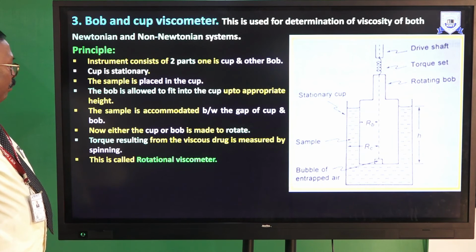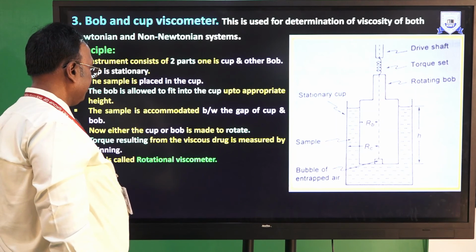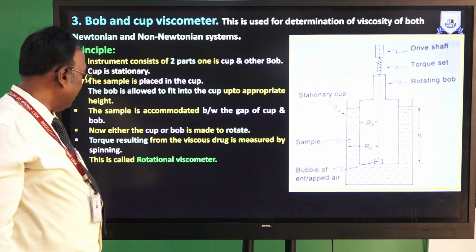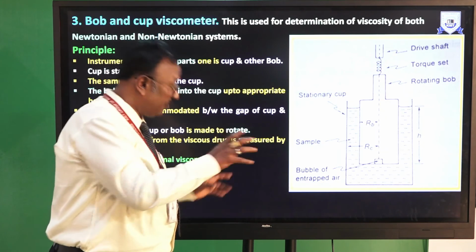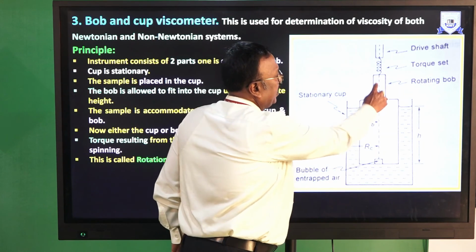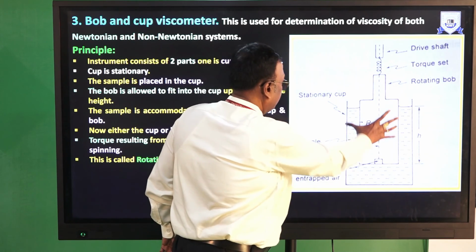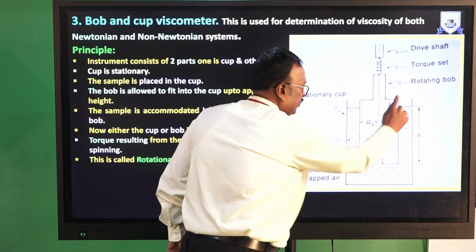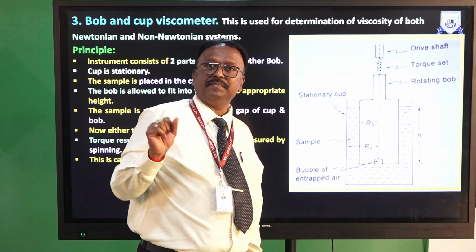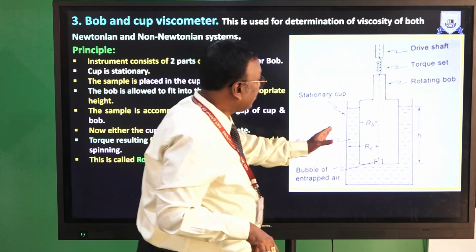Now either the cup or bob is made to rotate. Torque resulting from the viscous drag is measured by a spindle. This is called rotational viscometry. For example, here what happens? This is the bob, this is the rotating bob, and this is the stationary cup. This is the stationary cup. Whatever sample is there, whose viscosity is to be determined, that sample is placed in a